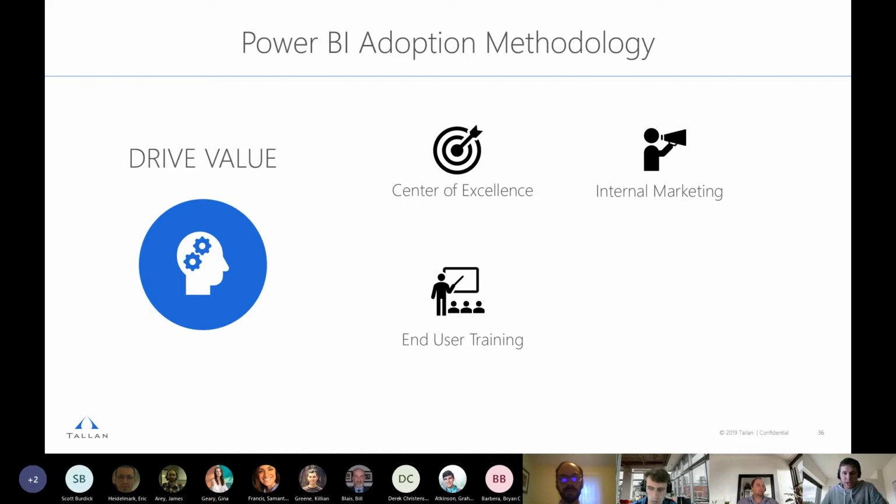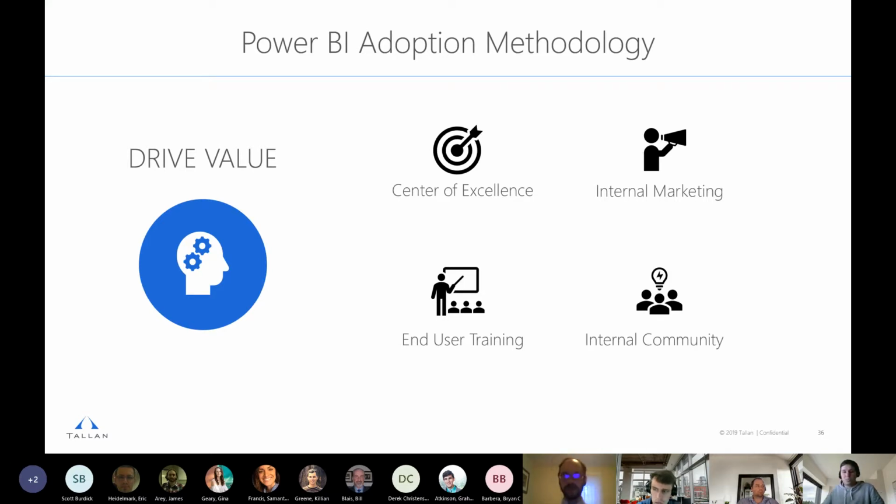Again, end user training. You need to have a plan for it, and it needs to be available. So whether it be: you can't access a self-service data model until you watch this video, or you need to pass this training before you can begin creating reports in this workspace. A bunch of training needs to be created so they can successfully use the platform.